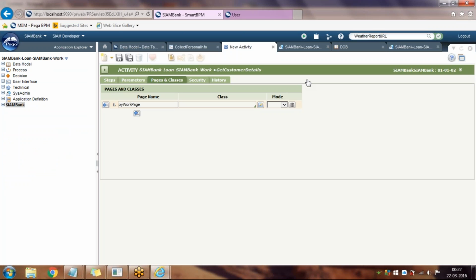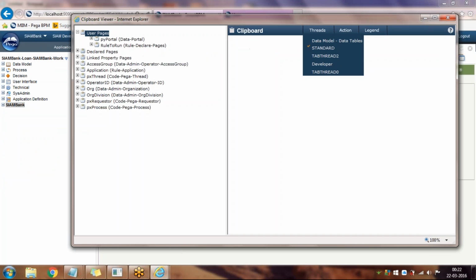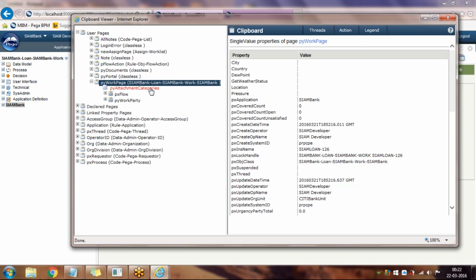Pega work page. And what is the class? Px obj class. Copy it. Here you have the information which you are entering in the UI in the work object. So this is the criteria: PV workbench dot